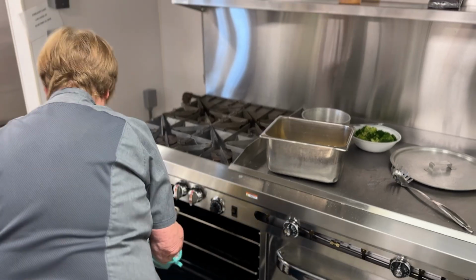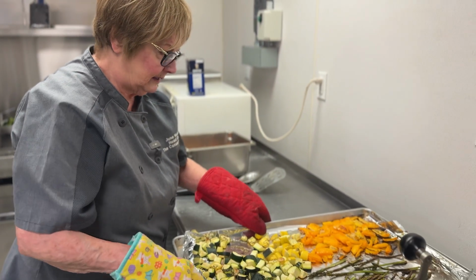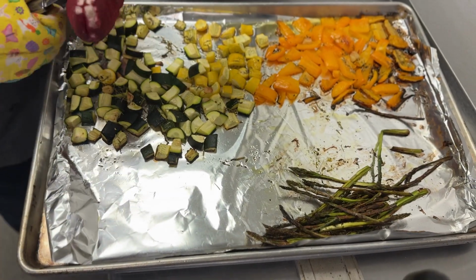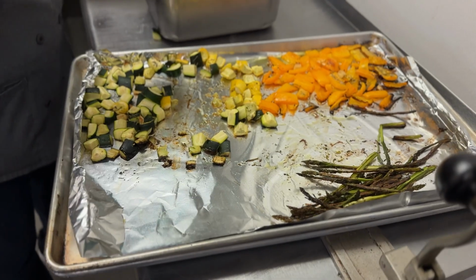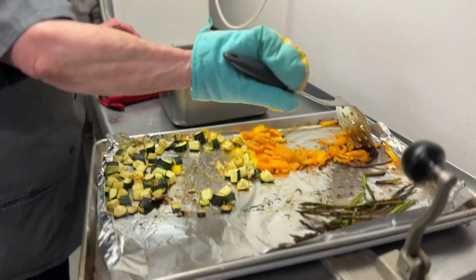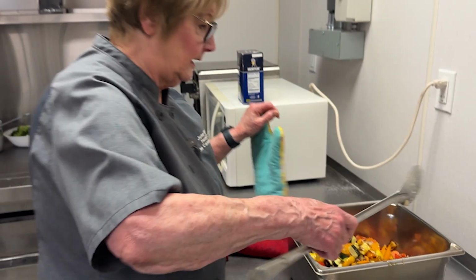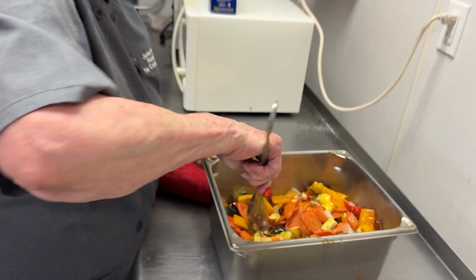Okay. Well, the asparagus are a little overdone, but that's okay. I think I'm going to drop them. They were very thin, and I should have put them in later, so we'll take care of those later. Meanwhile, in go the zucchini and the summer squash. Okay. Now, I'm going to mix these up because we want to blend them so they're...